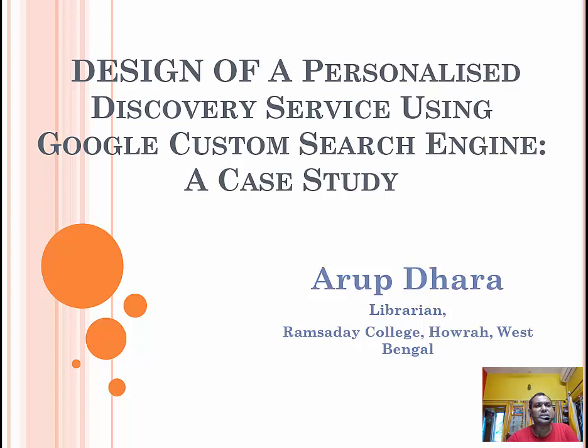Actually, in present day, we have to deal with lots of information from various sources. If we try to find out any information through our search query, we have to visit each and every source one by one. Here is an open-ended platform which solves our problem, that is Google Custom Search Engine, which is actually a discovery service. Though it has so many limitations, it is good enough for our college library.